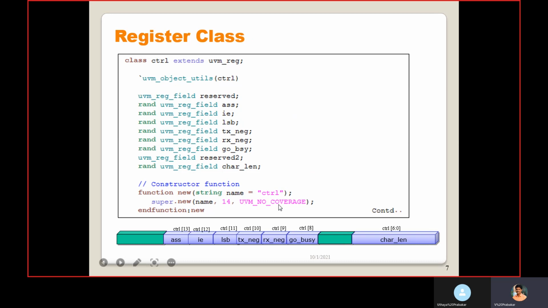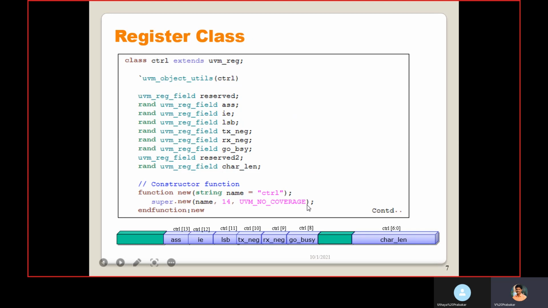And if you are not using coverage, this control register we are not going to use for a coverage model, we need to pass UVM_NO_COVERAGE. These are the arguments we need to pass for the super.new.